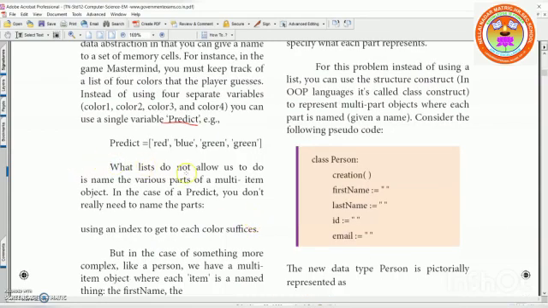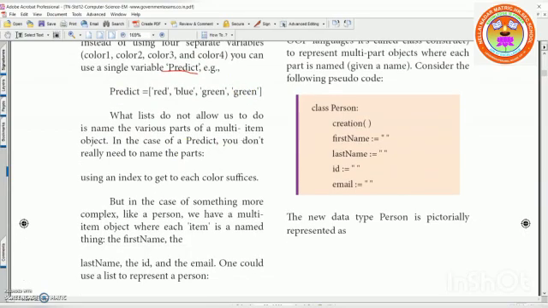Now, what a list does not allow us to do is name the various parts of a multi-item. I cannot name the various parts of the multi-item. I cannot access them that way. In the case of predict, you don't really need to name the parts. Here, you don't need to name each and every part. Fine. Using an index to get each color suffices.